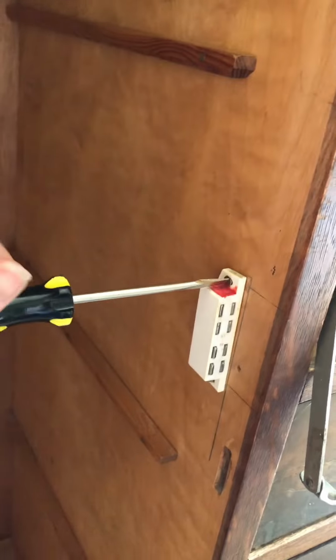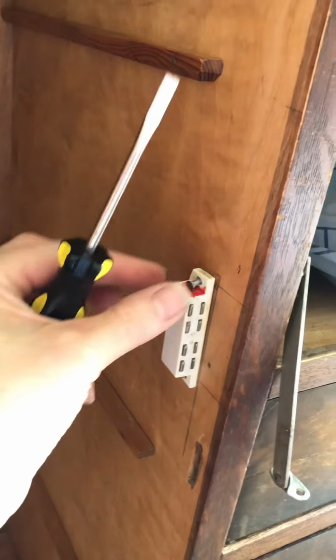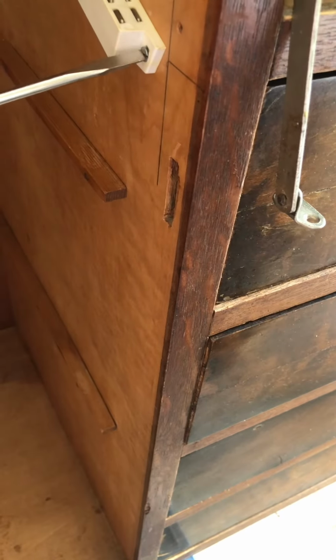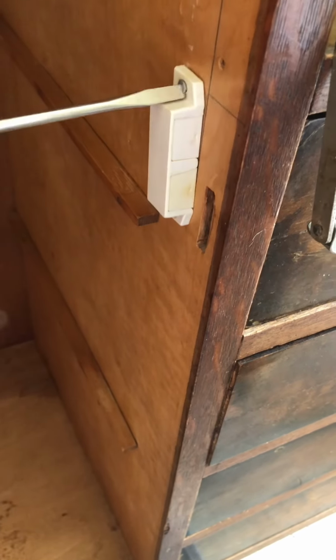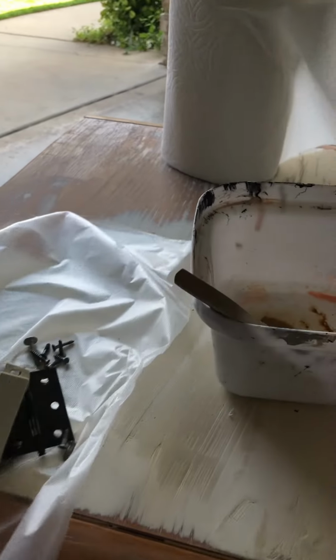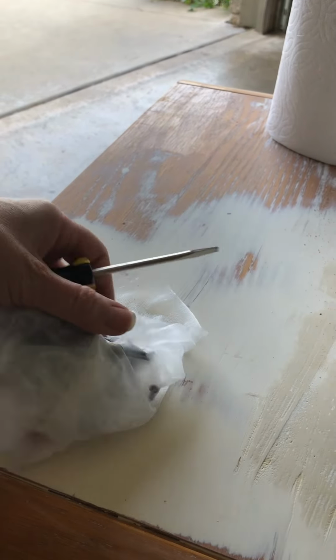Really old piece. I'm not really sure what it dated to, but I started by taking off all of the hardware. There were a lot of little pieces that I had to take off. So what I like to do is keep everything together. For the left side, I took all of those little pieces of hardware from the left door, and I put them in some Press'n Seal,